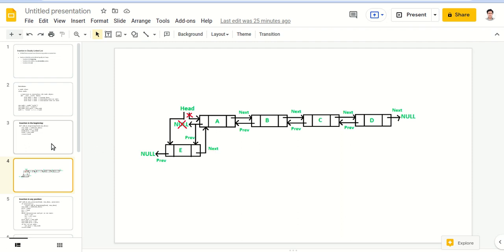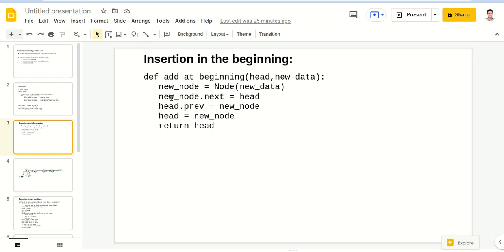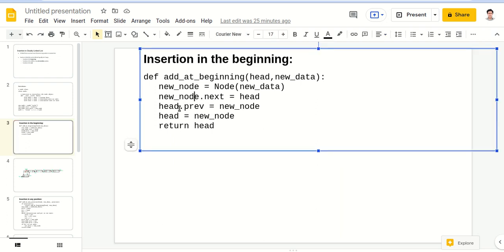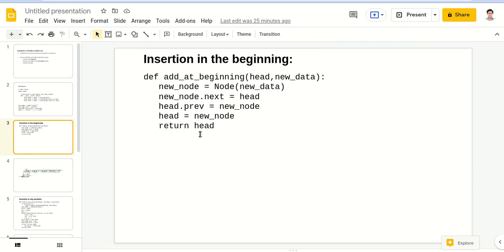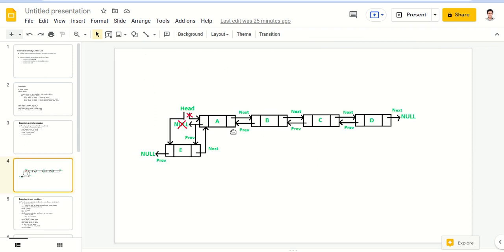First we instantiate E, then E next is A, and A prev is E. Finally head is E, and then we return head. Hope you understand it. That's all we need to do.